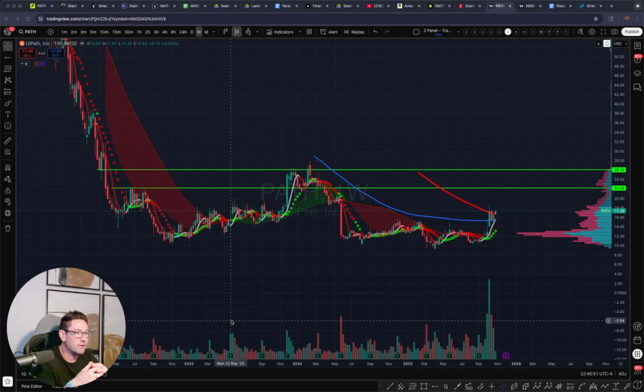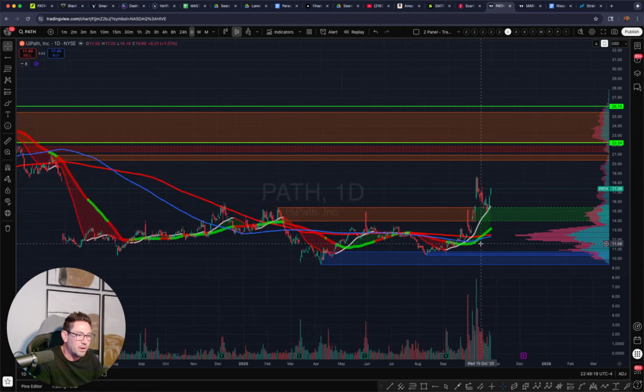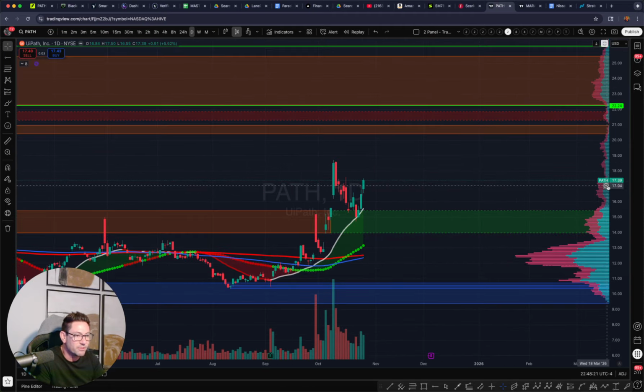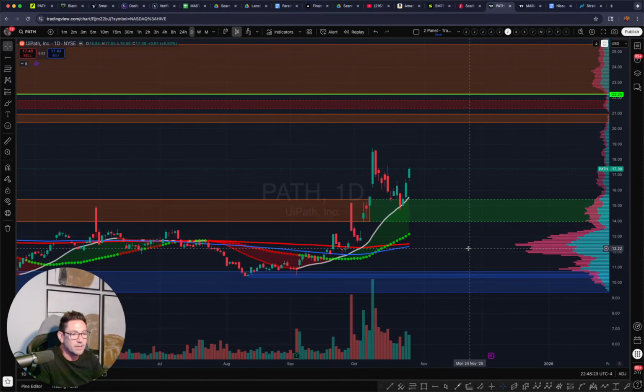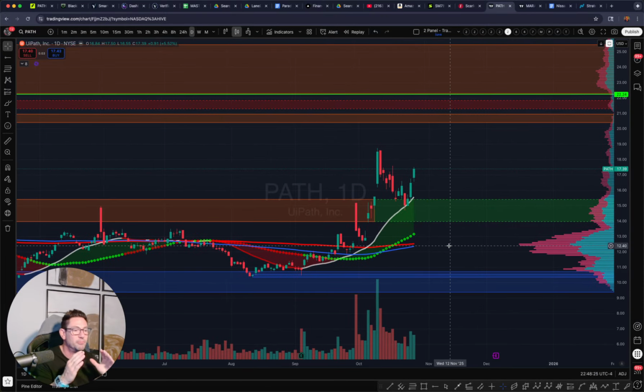So clearly you can see we have this kind of cup here. We have like a really kind of another cup here. And then that's what it really broke out of, right? So it's essentially a double bottom. But if we zoom in, what you're really seeing on the chart is a break and retest, which is the absolute best